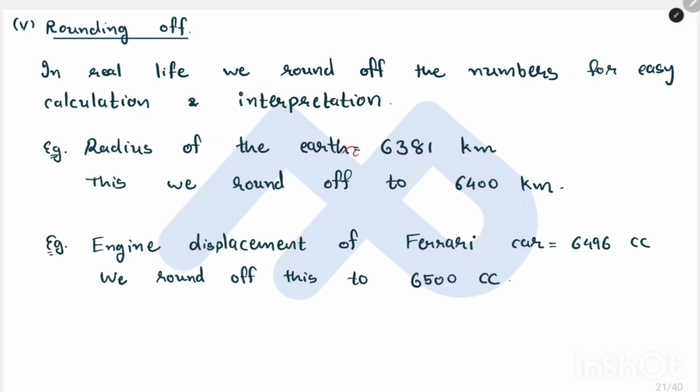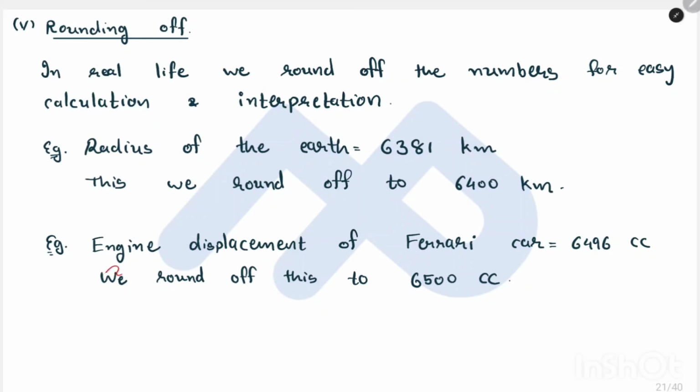See, the radius of the earth. If we are taking the radius of earth in any physics question or any other mathematics questions, in that case, though the radius of the earth is around 6381 kilometer, but we take it as 6400 kilometer. It will be the nearest 100 round off. Similarly,